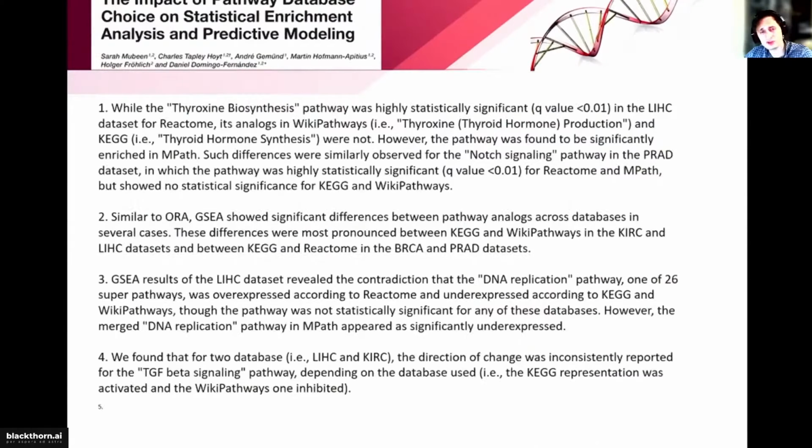And what was interesting from the observation of the article, there was a huge amount of inconsistency when some pathway databases give you a result of upregulation, and another one for the same sample gives downregulation of the pathway, or somewhere significantly affected, and another one non-significantly affected. And it was not only for pathway analysis which preserves topology, but also for GSEA and ORA. We can observe inconsistency in results between different pathway databases.